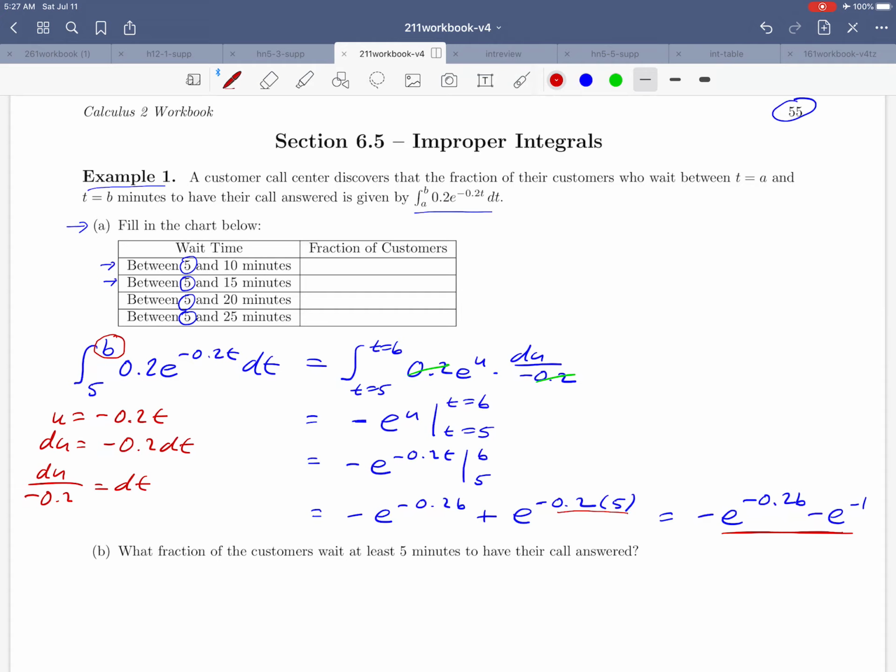But here's what we can do now. If we go up to this part of our chart, for example, finding the waiting time between 5 and 10 minutes is like integrating from 5 to 10. All we have to do is to let the value of b in our integral equal 10, and we've got ourselves an answer. So I'm going to fill that in just over to the right here, minus e to the minus 0.2 times 10